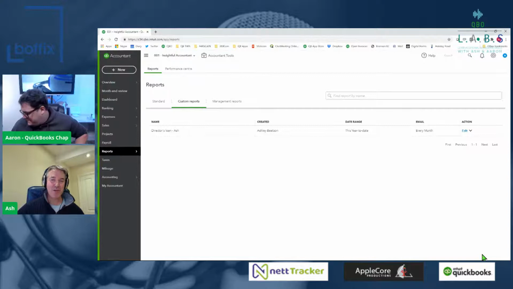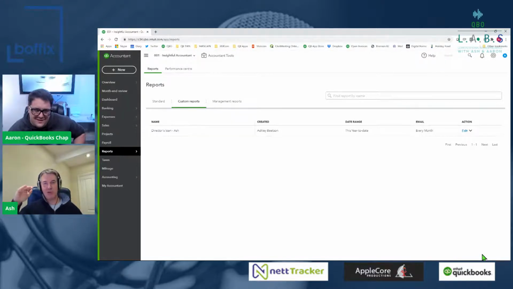That's how I used to do it when I was in practice. Even if I wasn't strictly doing management reports, I would be constantly keeping an eye on what's in there, because at the end of the day, it's going to be making my job easier. When I come to do a tax return at the end of the year, I know pretty much that the records are there and I can get it done quickly. I haven't got to send 30 or 40 emails trying to get to the end result. The job should be half done.